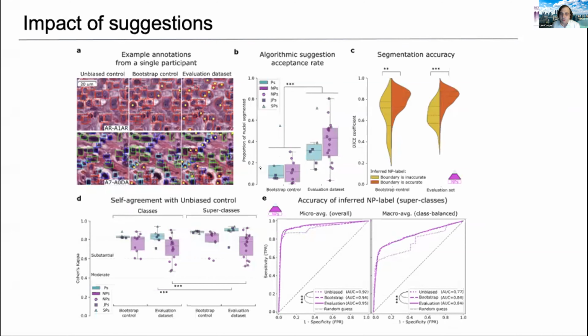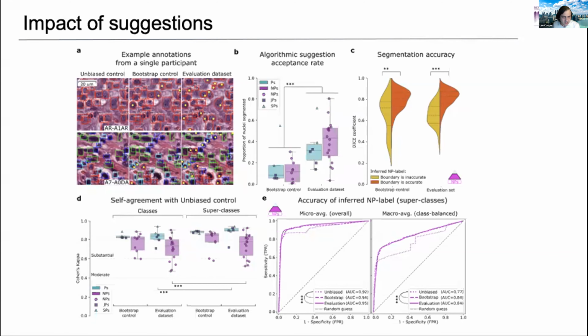Quantitatively, we can see that as we go through this Mask R-CNN refinement, people are clicking more of the segmentations because they like them better and they're higher quality. You can also see that in the figure on the left, figure A. If you compare the middle column of figures versus the right column, you can see that on this refined data set where we've applied Mask R-CNN, you get a lot more clicks. And so that essentially saves people time.